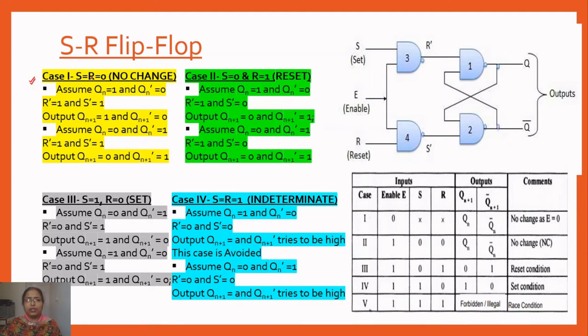When case 1 is there, that is S is 0, R is 0, let us assume that the previous output is 1 and complemented is 0. So let us see here, this is equal to 1 and this is equal to 0, and we are taking the case of S is 0, R is 0. So this flip-flop will function only when this enable is high. That is, we are taking this clock as the positive edge trigger